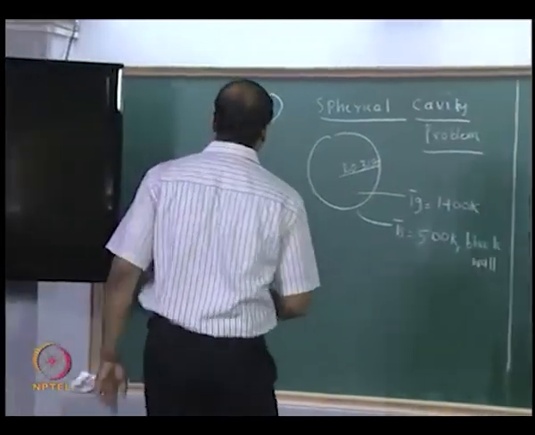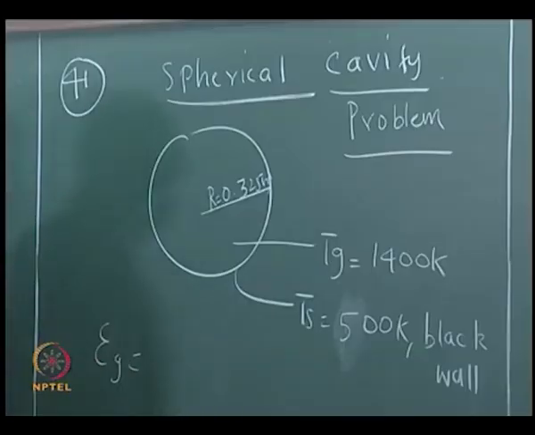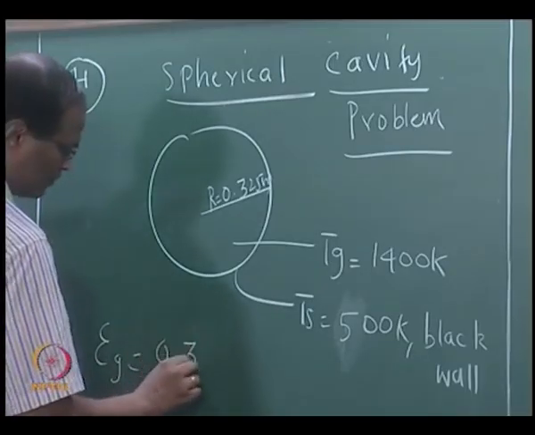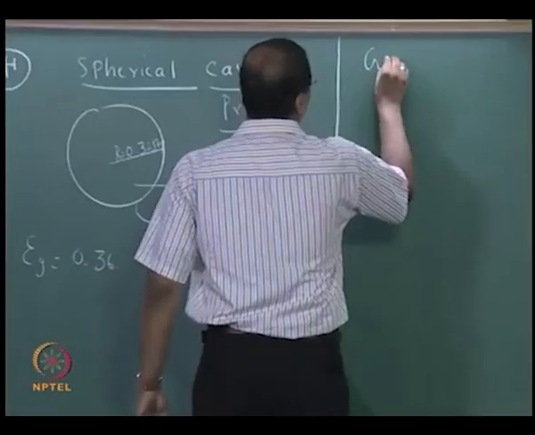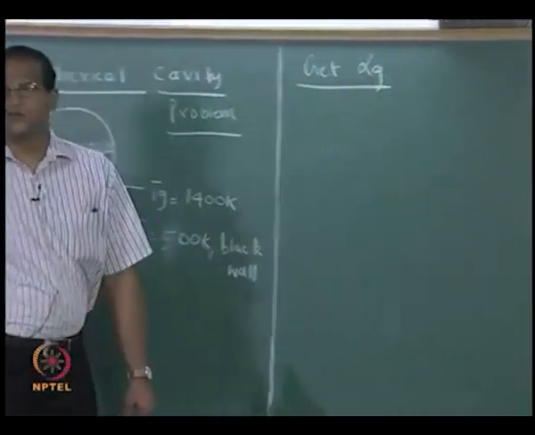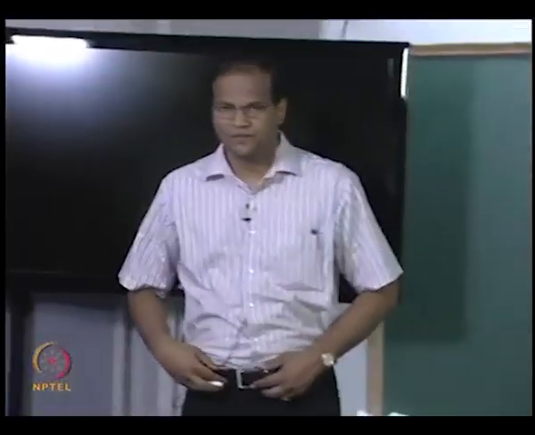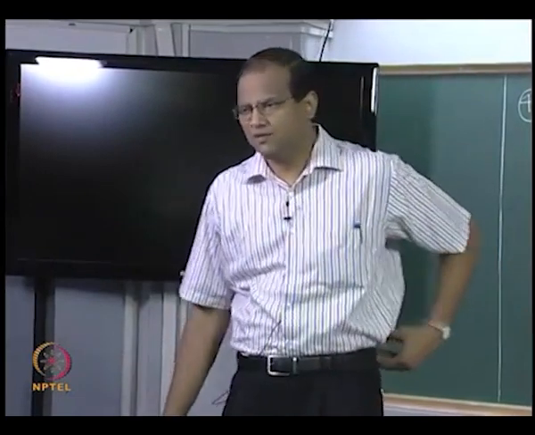So, epsilon g was 0.36. Now we will have to get alpha g. The first step is to get